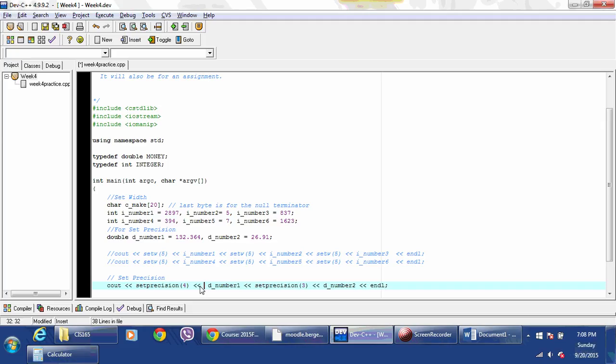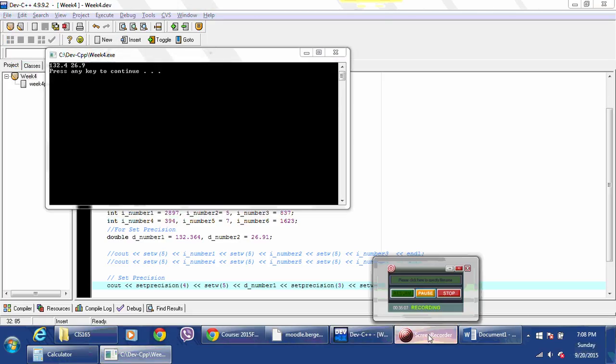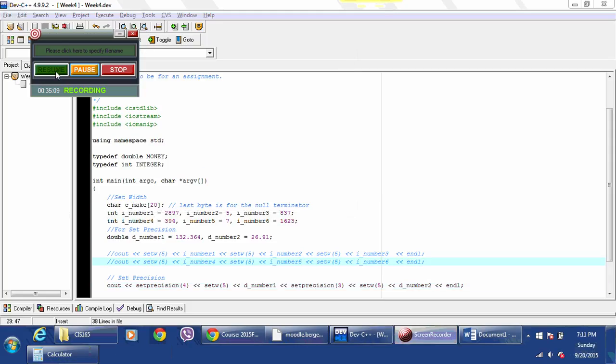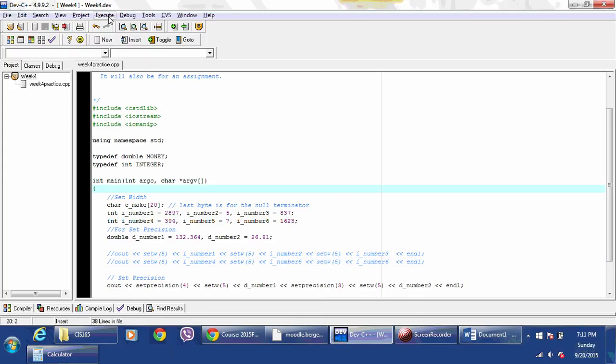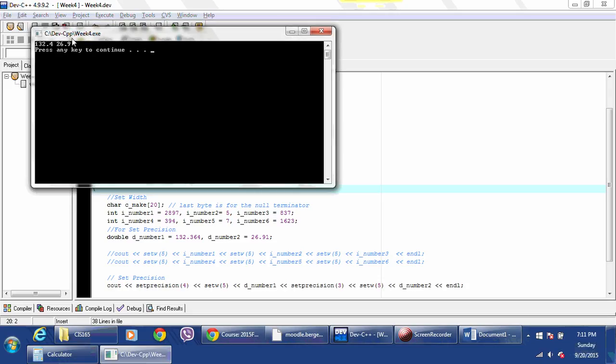And I can mix these now. So I can say set width. Let's do a 5 field width. Same thing here. I'll do a 5 field width, and then I'll do set width, and you see the 26.9. Okay, sorry about that. And so if I run this and I compile and run,